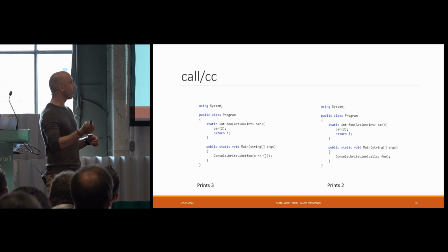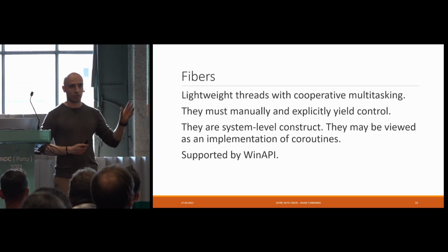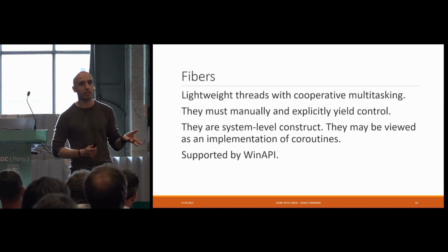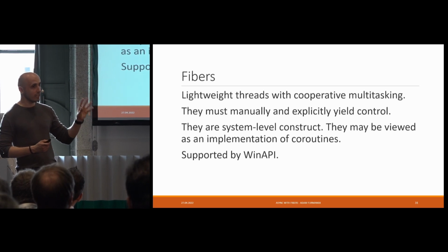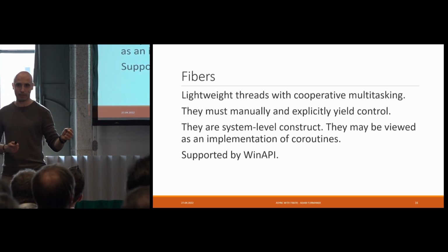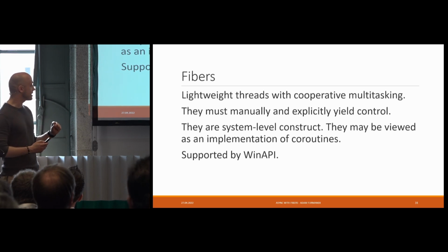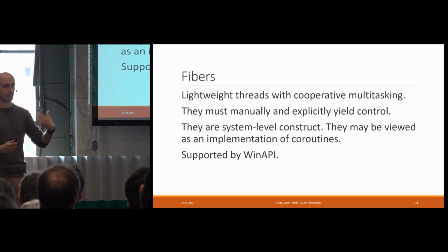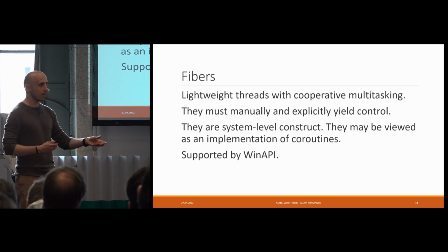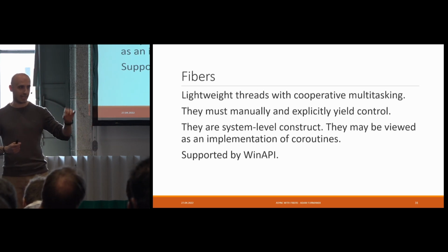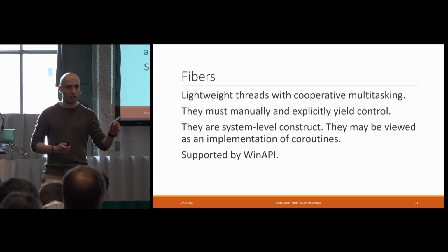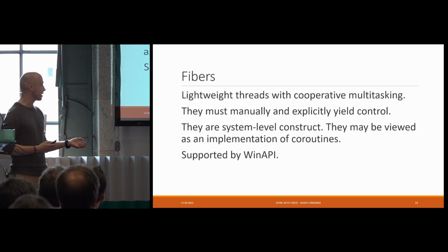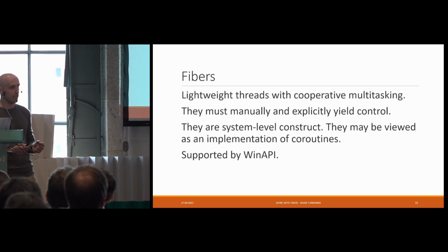Cool. Moving on then. So, fibers. We already covered operating system level threads. We covered green threads. Now, Windows provides you a thing which is called a fiber. That's a green level thread implemented by the Win API. The idea with a fiber is that it's a thread which is cooperatively multitasked, meaning that a thread asks to be rescheduled. So similarly to what we have with coroutines, you need to have an async and await keyword or yield return keyword to indicate where you want to switch the context. So this is cooperative multitasking, but it's implemented by the Win API.